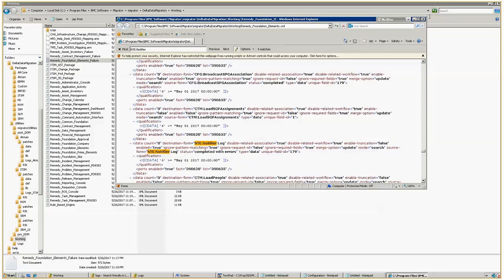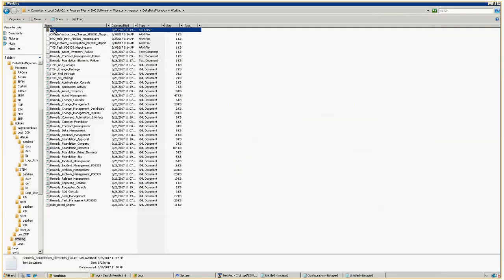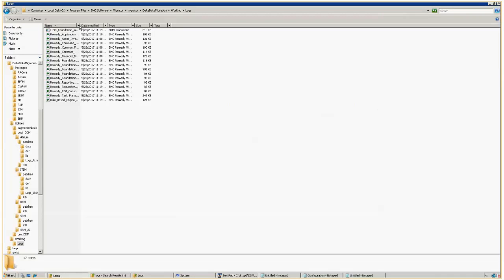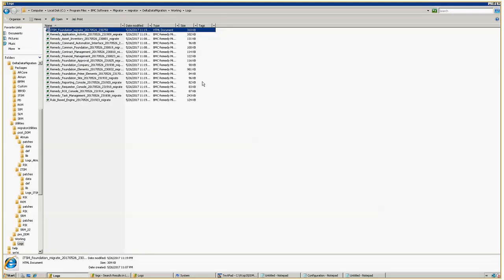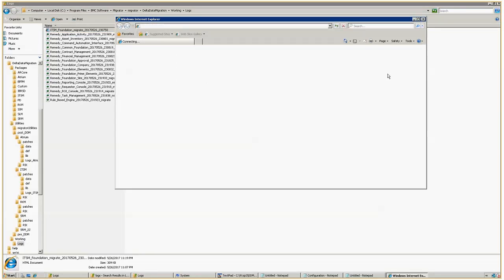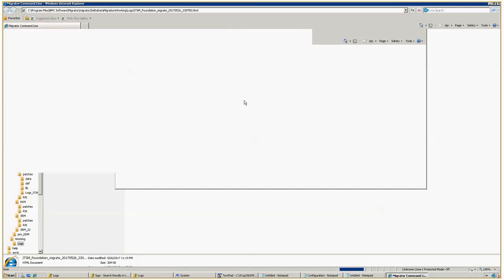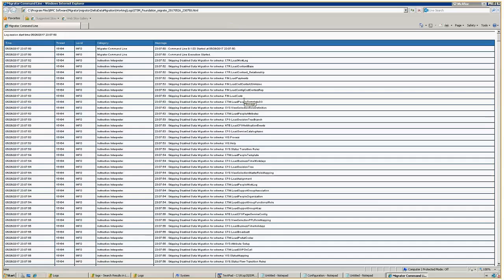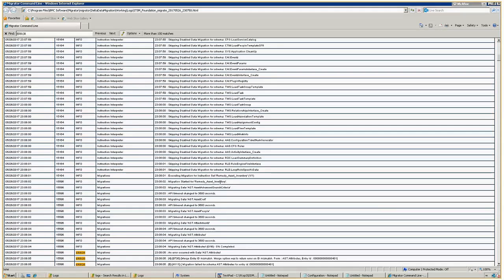Now if you go to the logs folders, let's look at the HTML file for ITSM Foundation. Once you open any HTML log, I want you to search for three keywords. The first keyword you search is for error. For errors, it says found more than 100 errors. So if you look at the errors,